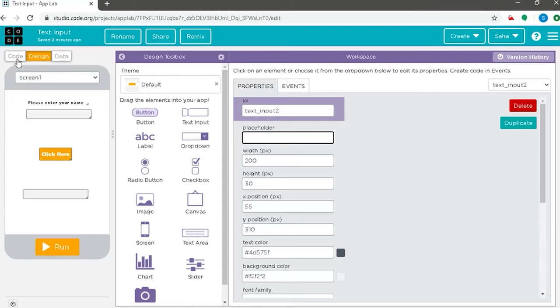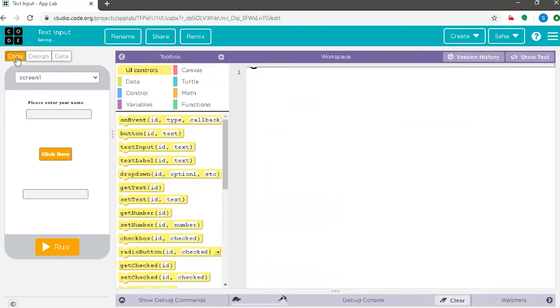Switching to the code mode, we shall press the code button. Now as you can see, we are on the code mode page of the App Lab page of the code.org platform. All we have to do now is to enable the buttons, the labels and the text input boxes which we have dragged onto the visualizing section from the design mode.